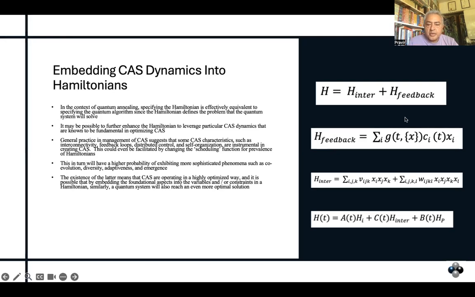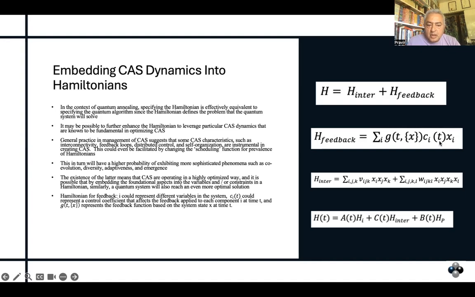And if we think of this feedback being such that you've got a control coefficient, C_i(t), which basically affects the feedback applied to component i at time t, and the feedback function itself is represented by G(t, x), which basically represents the feedback on the system state x at time t,